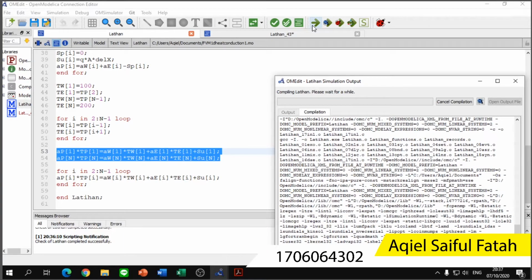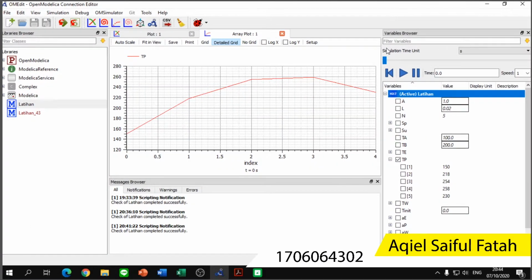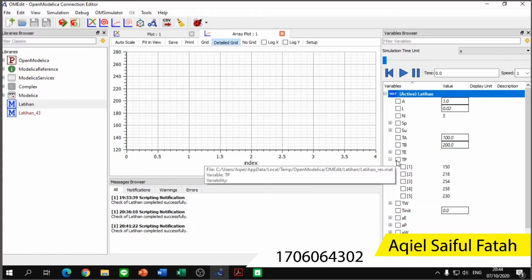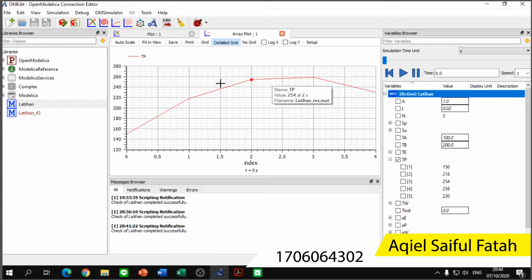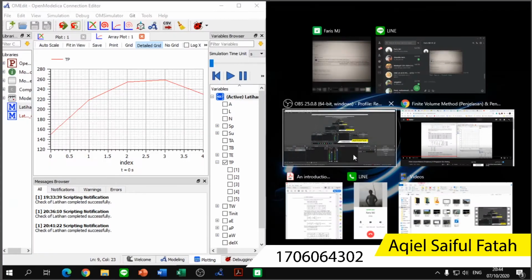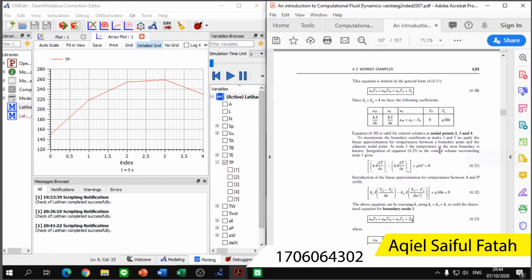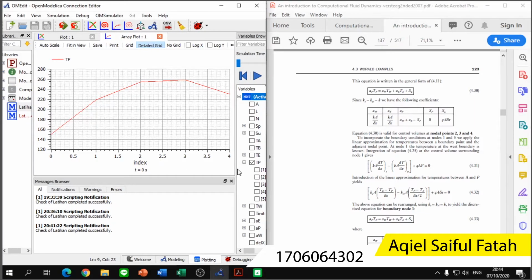And when it's done, we should expect a graph to pop up. Just an empty graph, no lines yet, because we haven't selected which lines to be viewed. So after the graph is enabled, we click on the checkbox next to TP so that we can see the graph. And we can see the values right here for us. And we can verify that those values are the same as the book if it allows